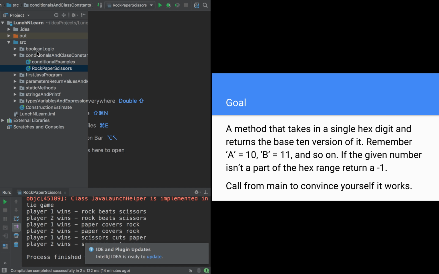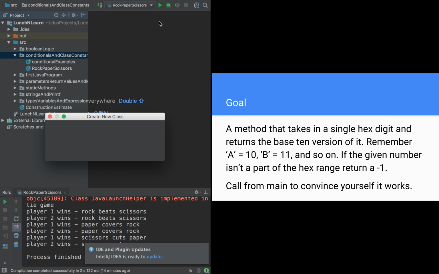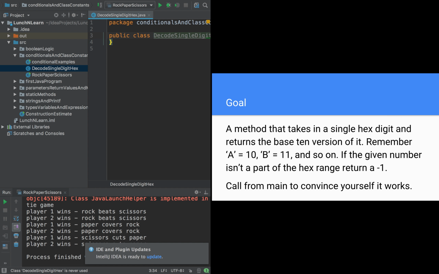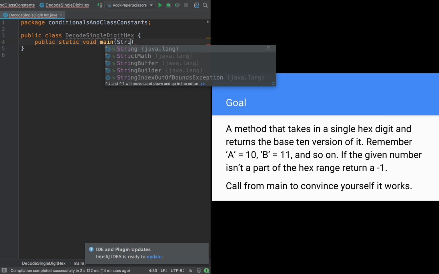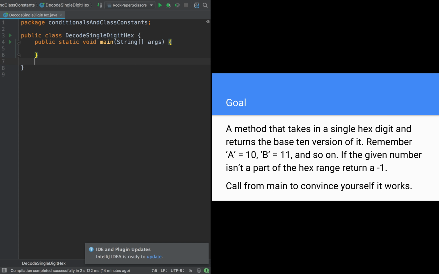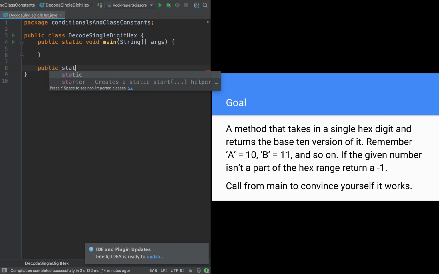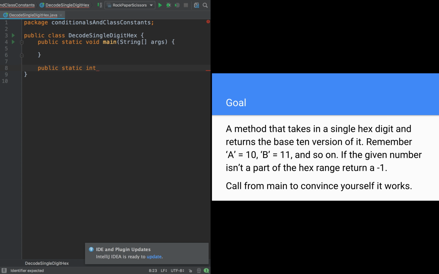So, I'm going to right click on here and do new class, decode single digit hex. And as always, I'm going to do public static void main, String args. Okay, so I'm going to do public static, and it wants to return the base 10 version, so I'm going to return an integer, and it wants to take in a single digit of hex, which I'm going to say is a character, and I'm going to name it decodeHexCharDigit,